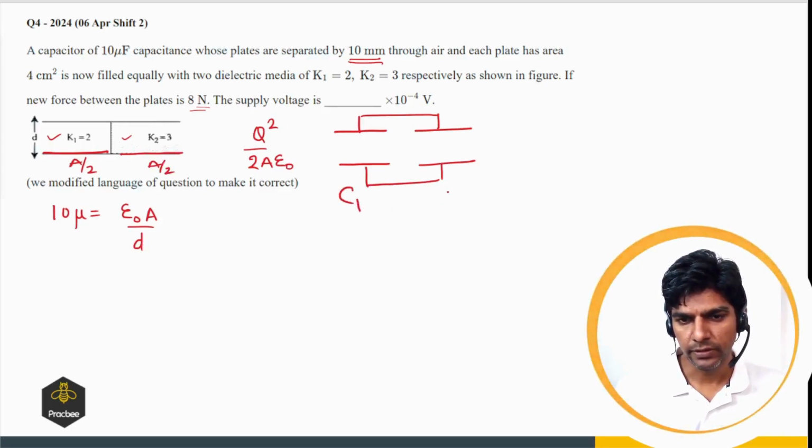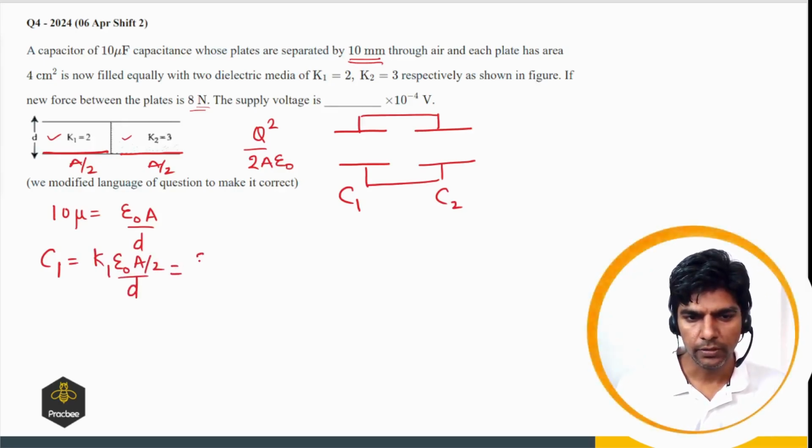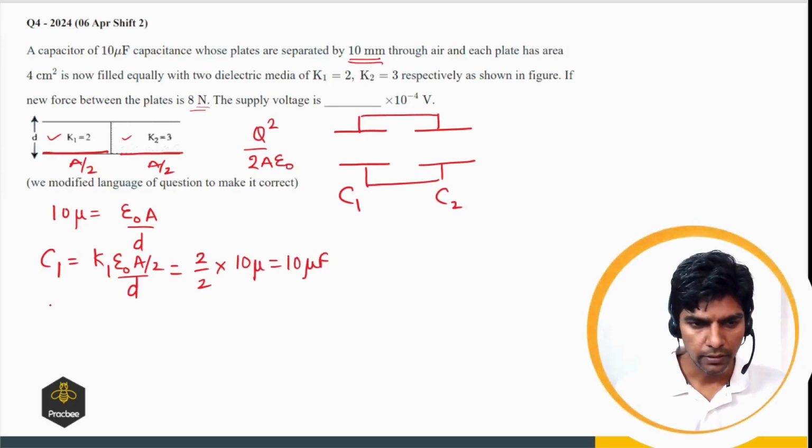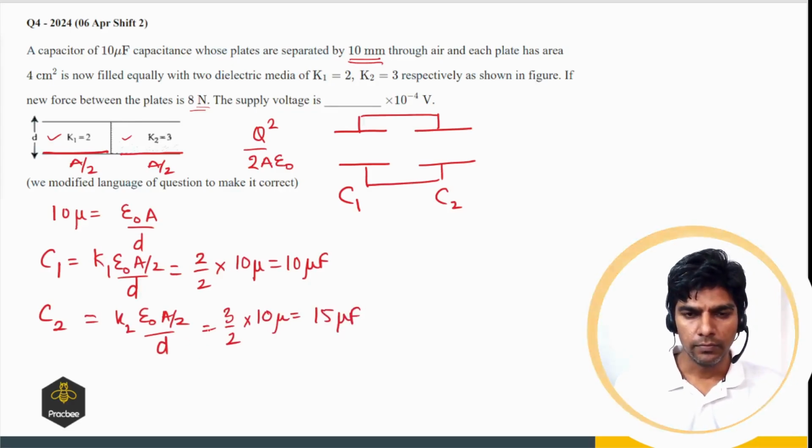Let us, this is C1 and this is C2. So let us find C1. C1 will be K1 times epsilon naught times A by 2 divided by D, which will be 2 by 2 times 10 microfarad. So it will be 10 microfarad. And C2 will be K2 times epsilon naught A by 2 divided by D. So that will be 3 by 2 times 10 microfarad. So it comes out to be 15 microfarad. Right, so we got the